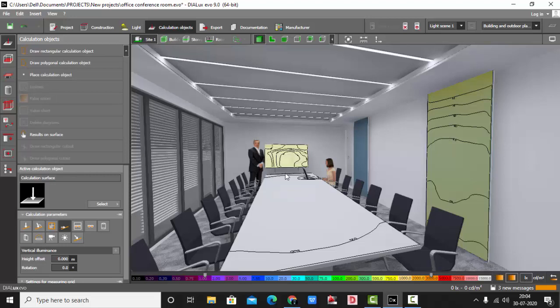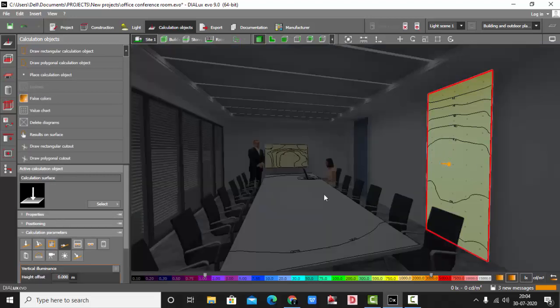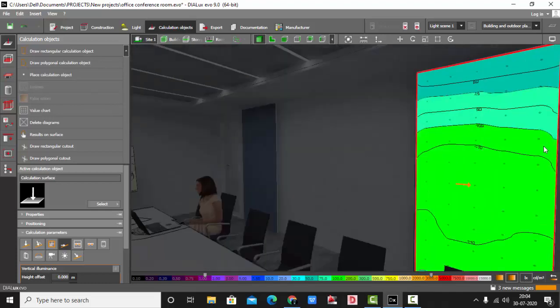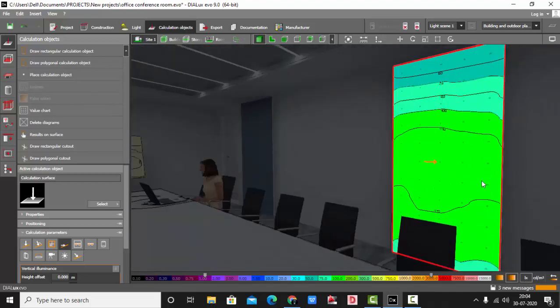The next very important feature here is, select the surface. Now you can see these options will appear: false colors, value chart, delete diagrams. If you select false colors, you will have a thermal view which shows the various lux levels.